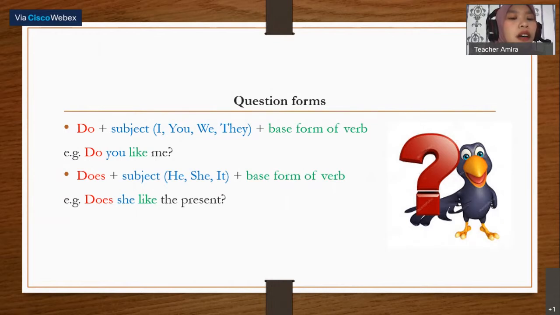It's not about the verb anymore. It's about the auxiliary verb. This do versus does. Understand? Get it? All right. Okay. Does she like the present? Does with s and then she, the subject, like the present. Wow, I used the same verb. I didn't notice that. Okay, from those three forms, positive, negative, and also question form,